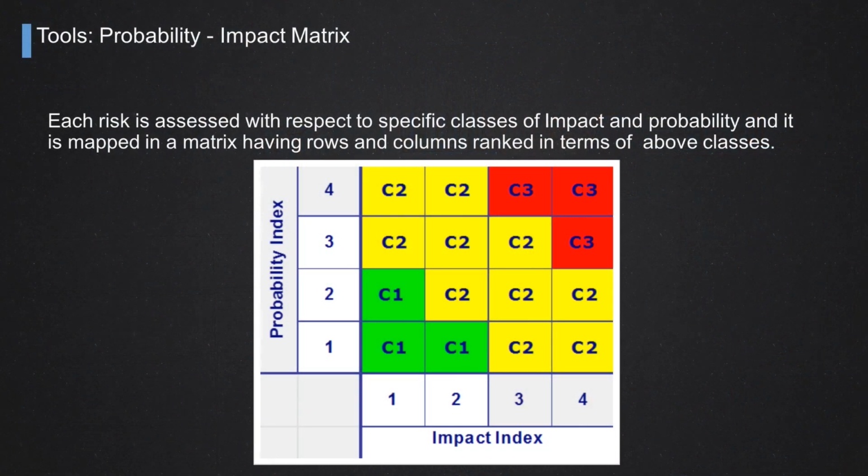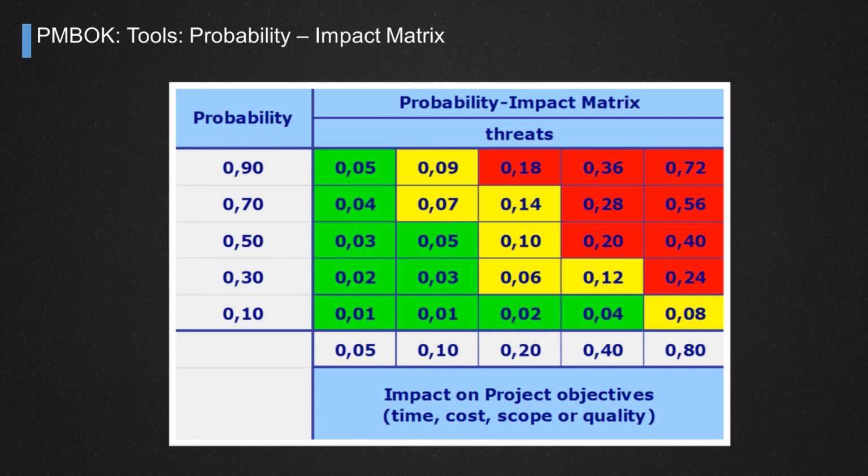At the end, this means that we have assessed all the risk events according to specific classes of impact and probability, and we will map these risks and their classes of probability and impact inside a matrix whose two dimensions are the impact itself and the probability of occurrence. One of the matrices that is most used is the one provided by the PMI Institute inside the PMBOK